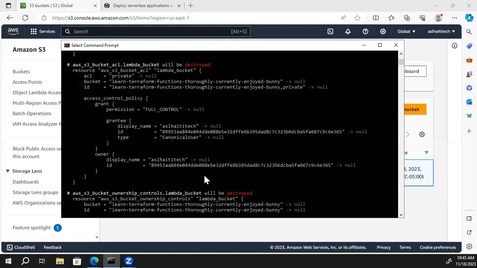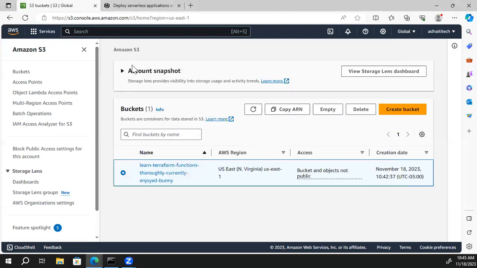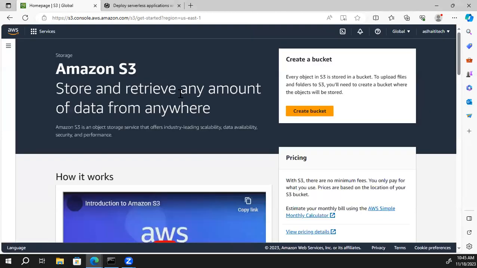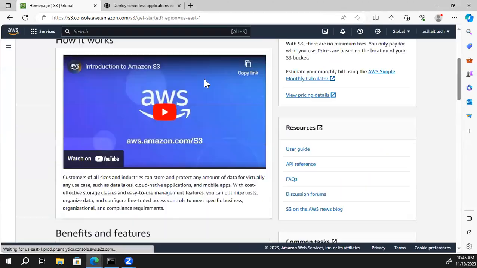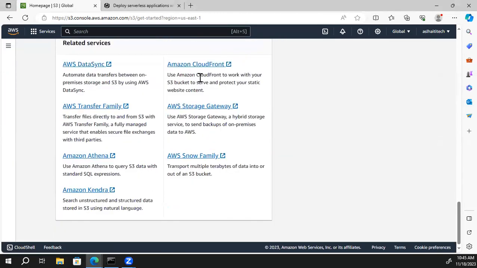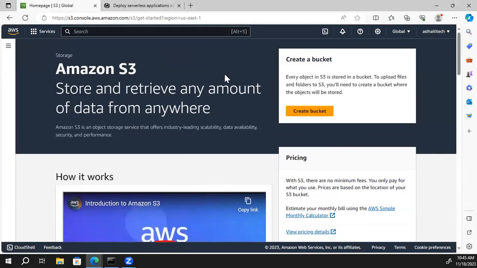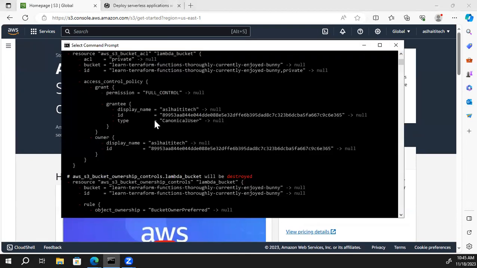Now if I go back and update the screen, this is going to be 0. I have no buckets, so nothing. I'm going to recreate. When I run this command,